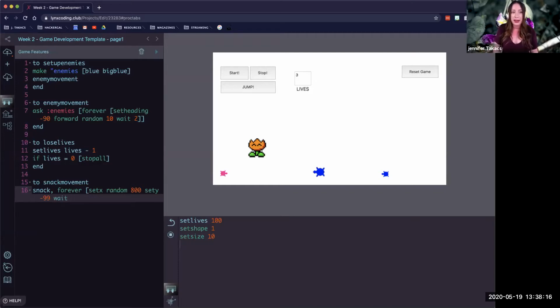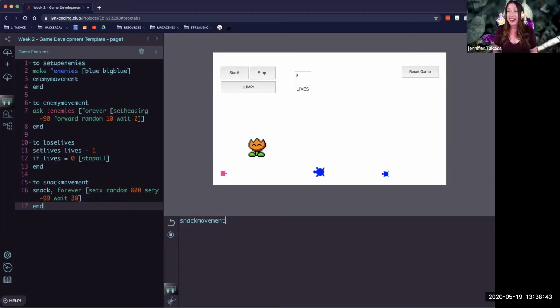For this one, I'm going to put our wait much higher so that it stays in place longer than what we've seen in previous movements. I'll put it at 30, let's say. Again, close your procedure with that square bracket, and don't forget to write end at the end. Otherwise, it won't work. As always, we want to test our procedure, make sure that it was clicked,